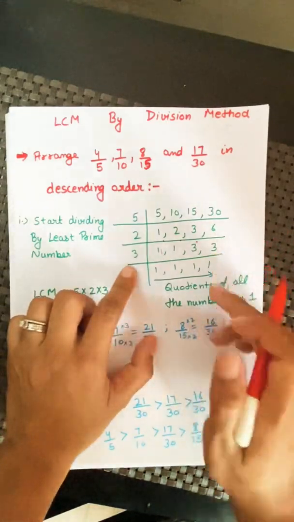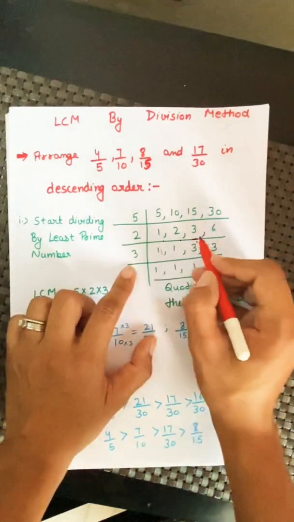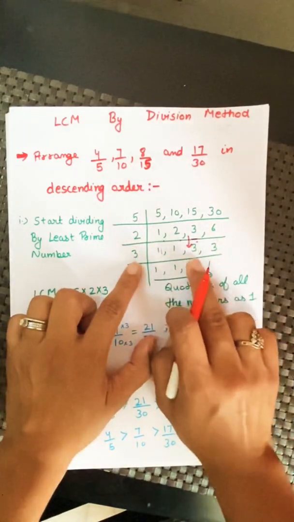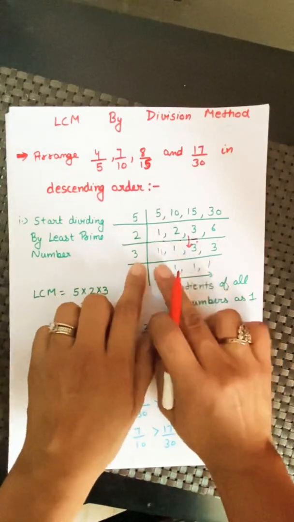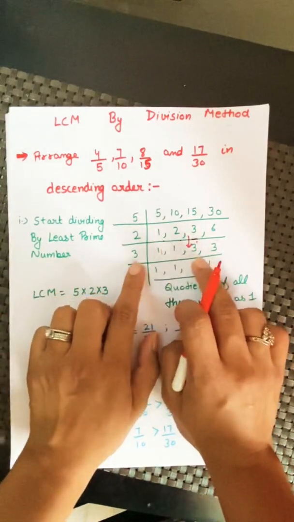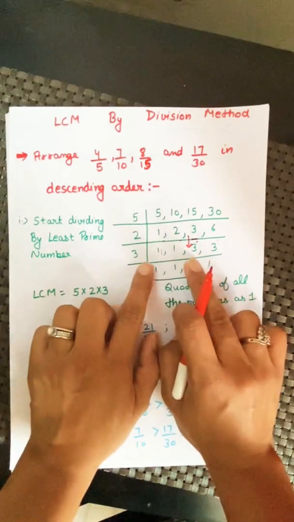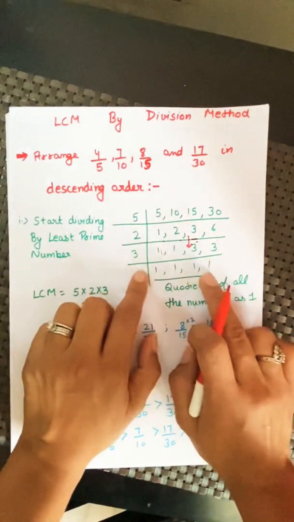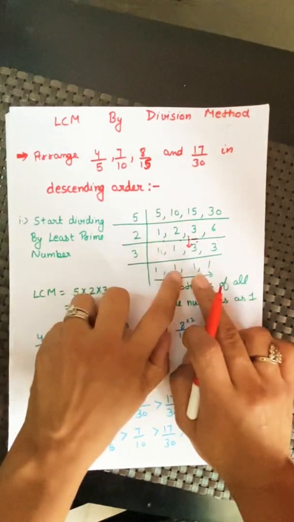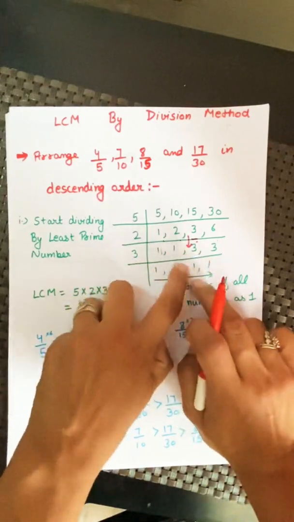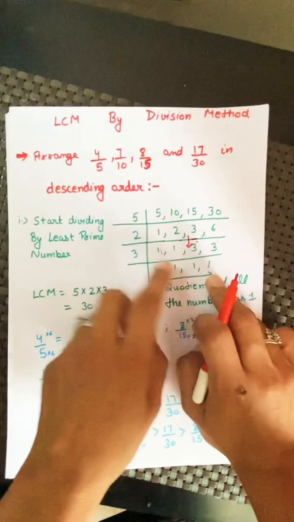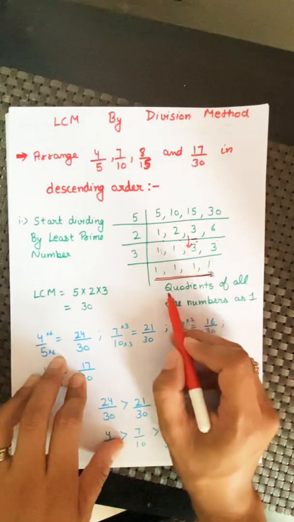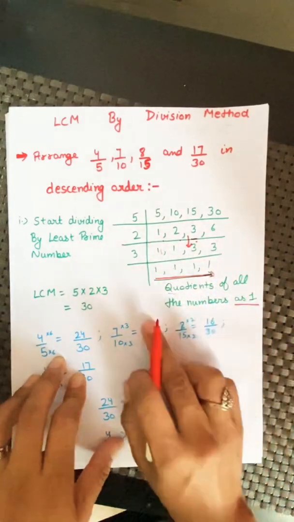Okay, so you understood that whatever the number is, if it is not divisible by that number, we will write it just like that. Okay, just the way I did. Now here 1 1 3 3, so we know that the least prime number, which is 3, can convert these dividends into 1. We will write 1 as it is, 1 as it is, and 3 on dividing by 3 we will get 1, 3 on dividing by 3 we will get 1. So we have reached our target, that is we have made all the quotients 1.